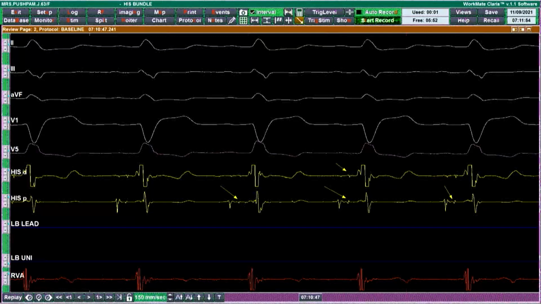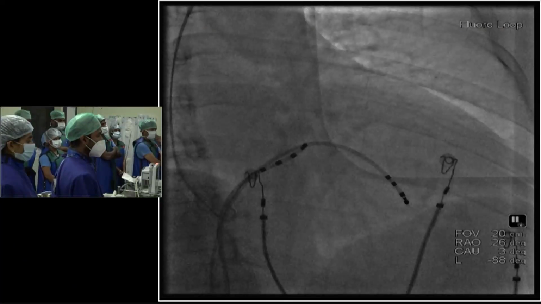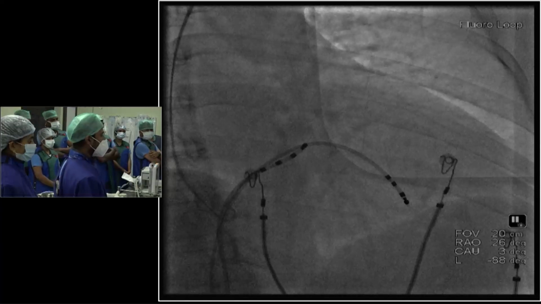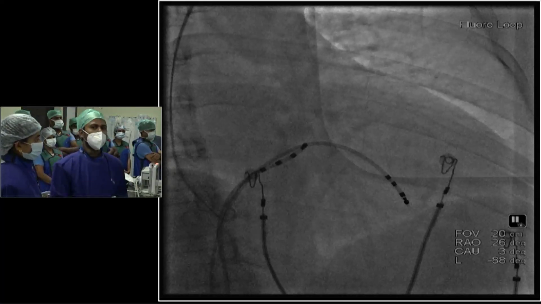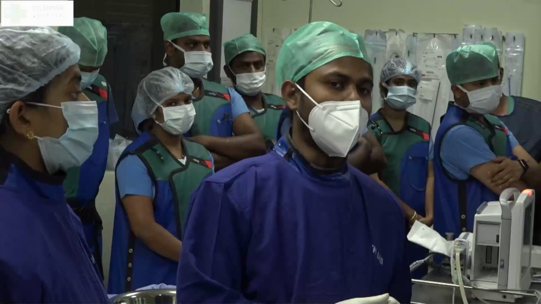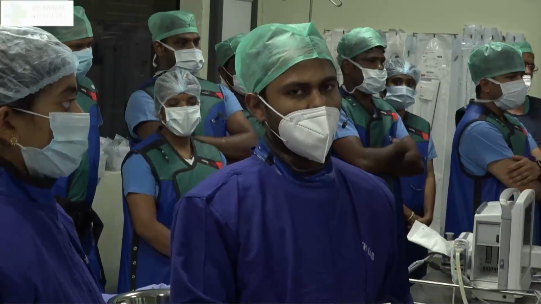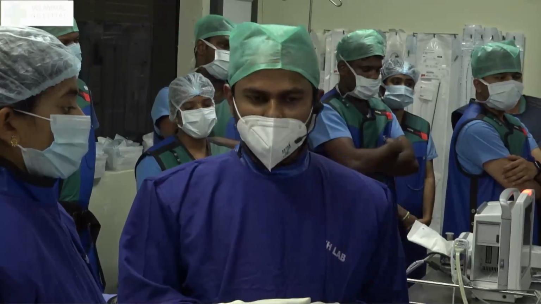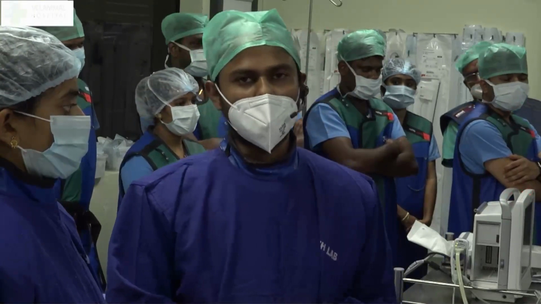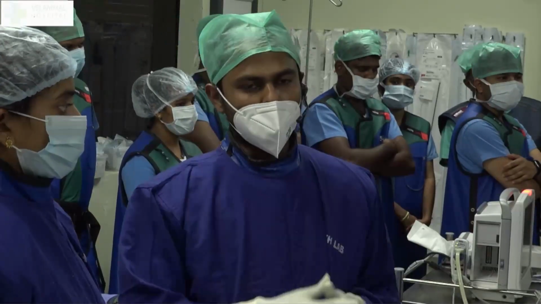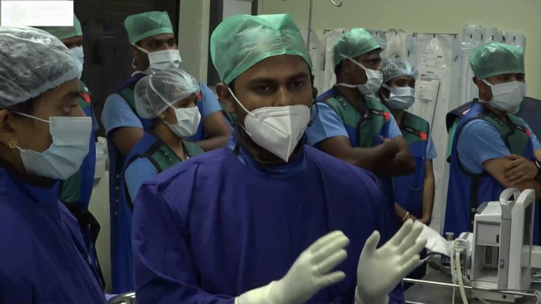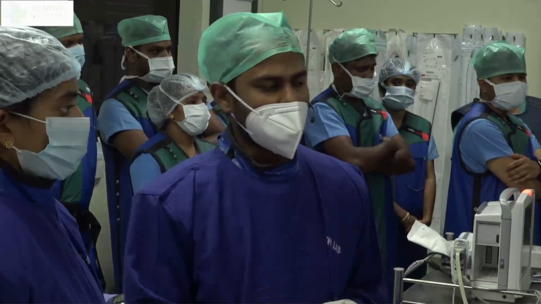Another important thing which we have observed in conduction system pacing, and this is applicable for CRT by BIV device also: a female patient, probably in the early or middle part of the natural history, with an LV diastolic diameter of less than 60 to 65 millimeters, almost always responds to conduction system pacing at a much better rate than the corresponding male population. That's what we observed. Of course, many CRT trials have also shown that females are better responders than males, especially in the early or middle part of the natural history. So that is applicable for both His bundle as well as left bundle pacing.